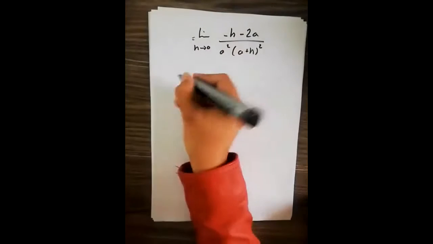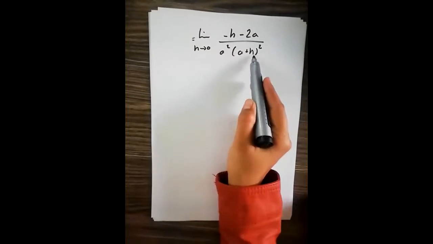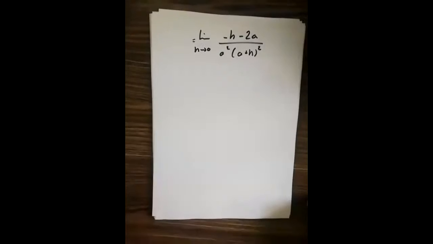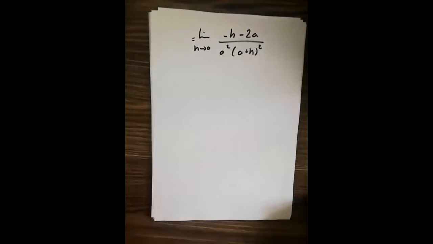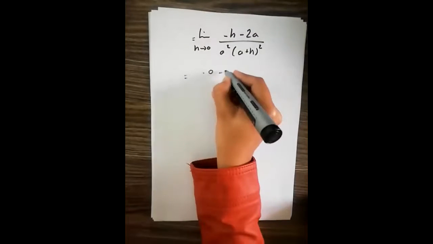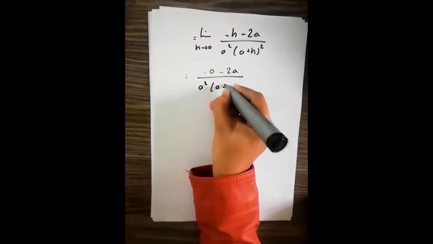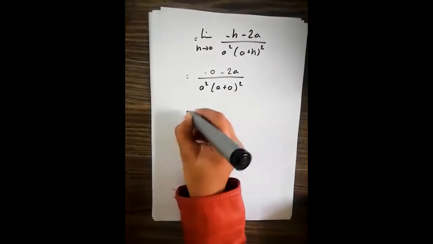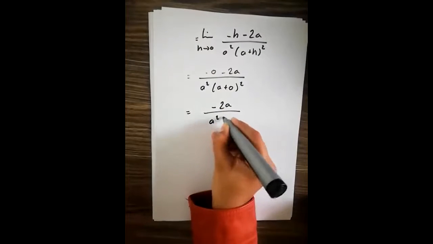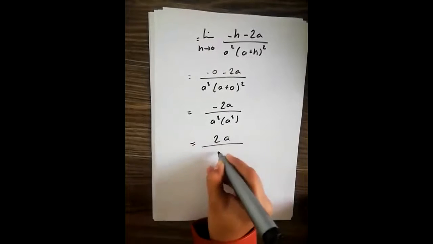Now we can apply the limit. If you want to simplify it, open the formula and multiply A square inside, but we can also solve it like this. Just apply the limit. It will become minus 0 minus 2a divided by A square into A plus 0. Okay. So this is minus 2a into A square. Okay. So this is 2a over a4,